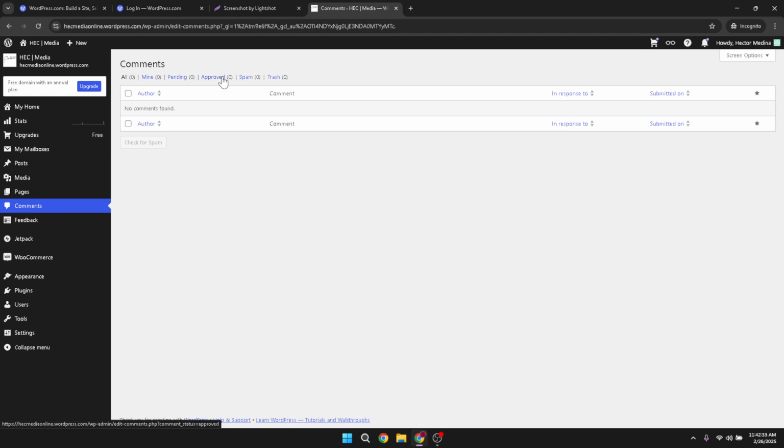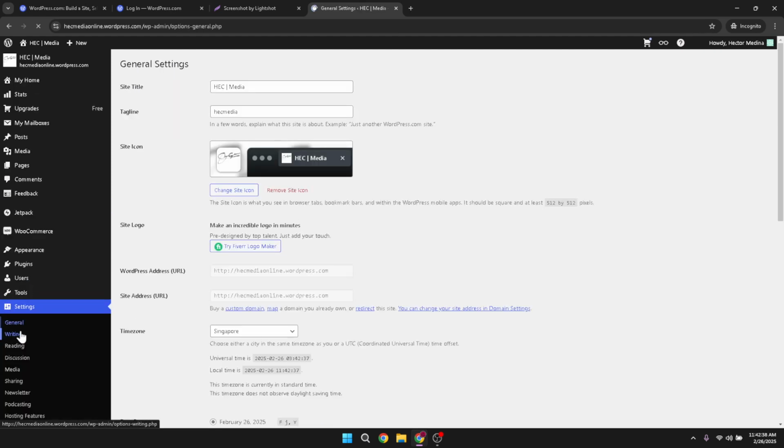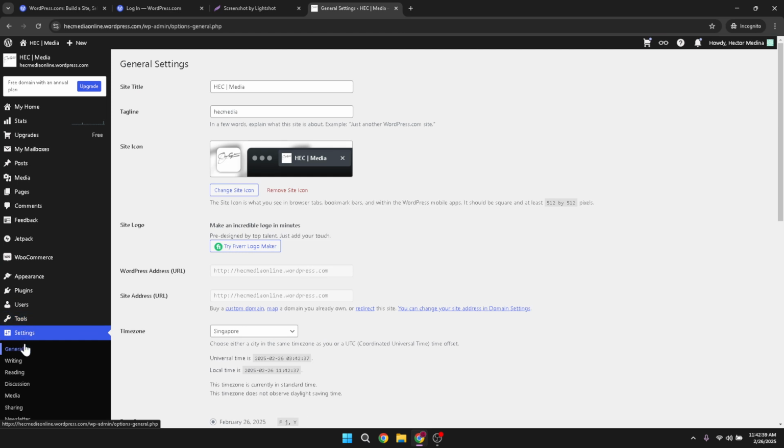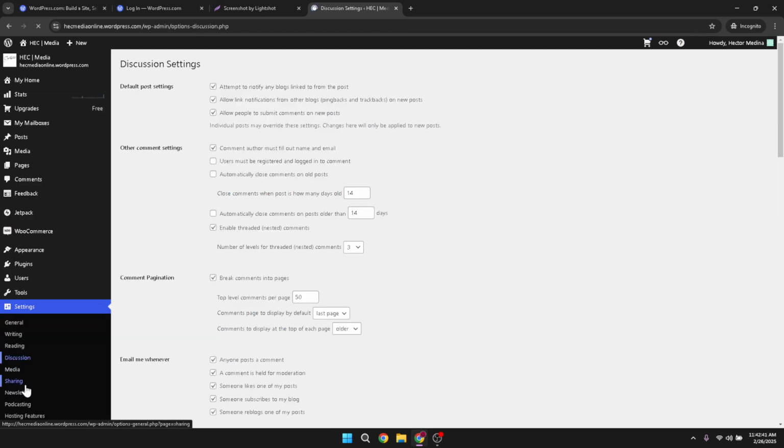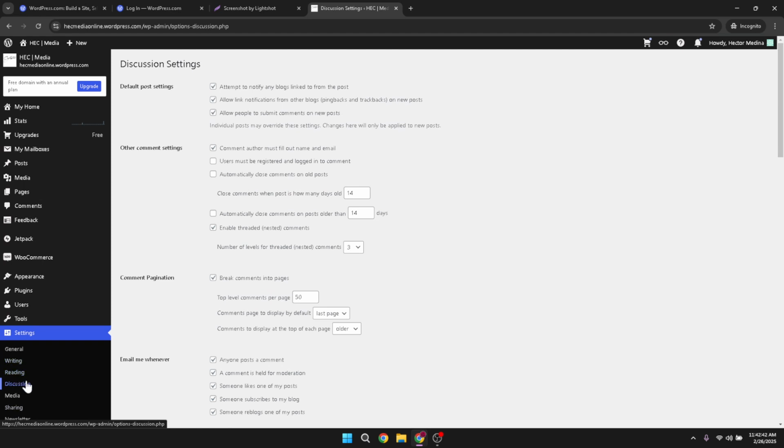If you want to delve further into how comments are managed on your site, head over to the settings area. This is where you can tweak how comments function on your posts. Find the discussion link, which is usually housed nearby the settings menu. Clicking on it opens a world of options for fine-tuning everything from who can leave comments to whether comments require approval before appearing on your site.